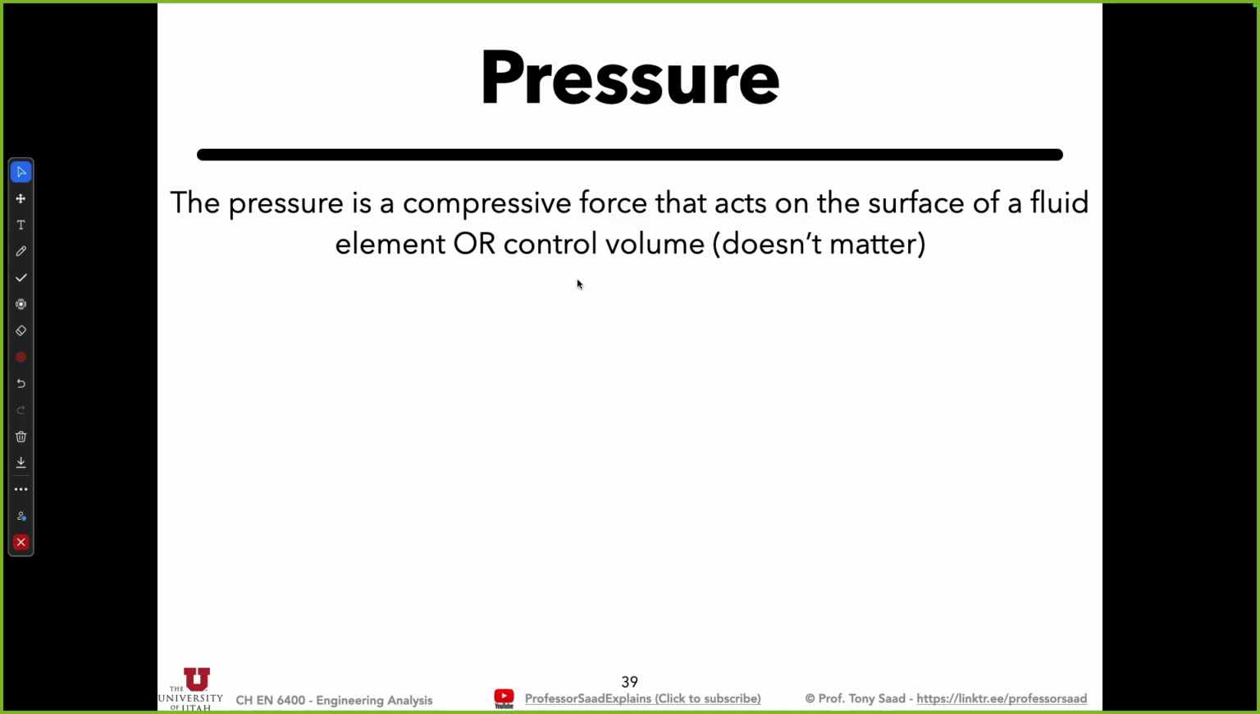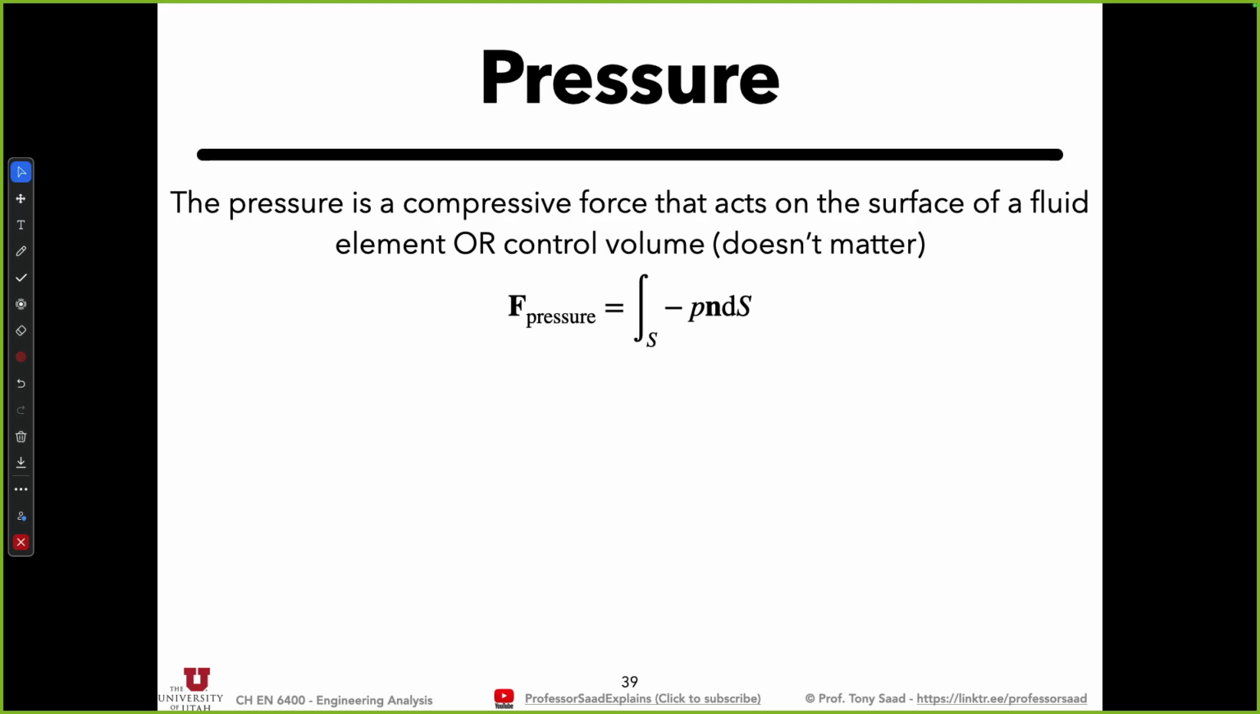Now what ends up happening across the surface on the other side: if the force on the other side is a little bit lighter, then it's going to go in that direction. If it's a little higher, it's going to go in the opposite direction, right? So what matters is that difference across the surface. The pressure is always a compressive force that acts on the surface of a fluid element or a control volume equally, it doesn't matter. And because it's a scalar, but in the presence of a surface it becomes a force,